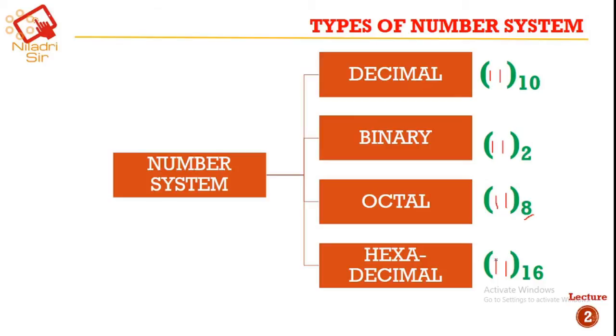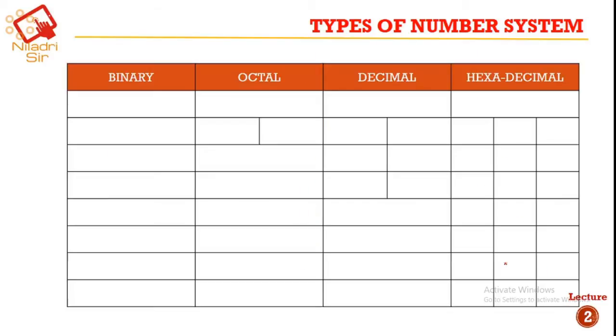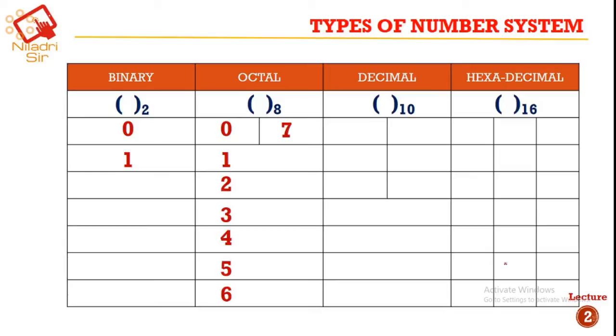So in the case of a hexadecimal number, the base will be 16. Next, let's see which digits are used in binary, octal, decimal and hexadecimal. We have represented it here. Binary has base 2, octal base 8, decimal base 10, and hexadecimal base 16. In binary, the digits used to represent all numbers are 0 and 1. In octal, we use 0 to 7, 8 digits in total: 0, 1, 2, 3, 4, 5, 6 and 7. So using these 8 digits we can represent any number in the octal number system.